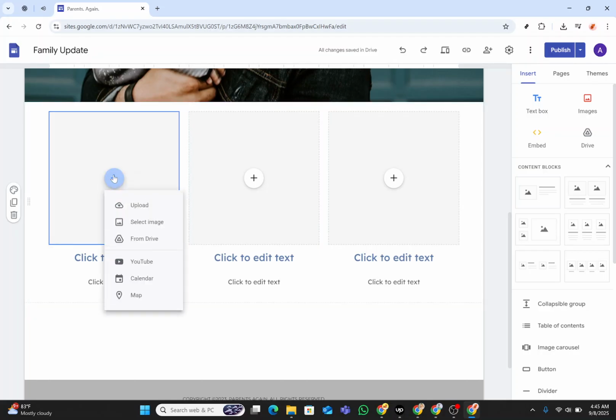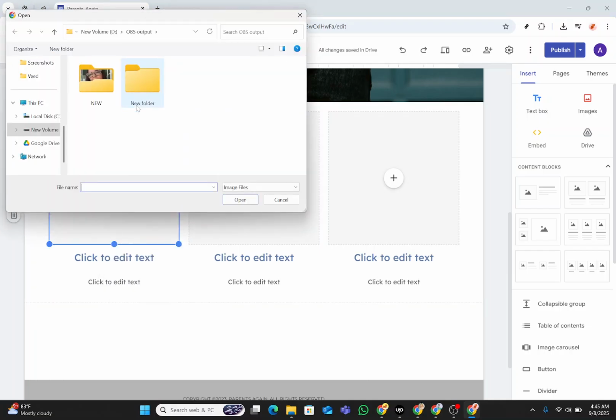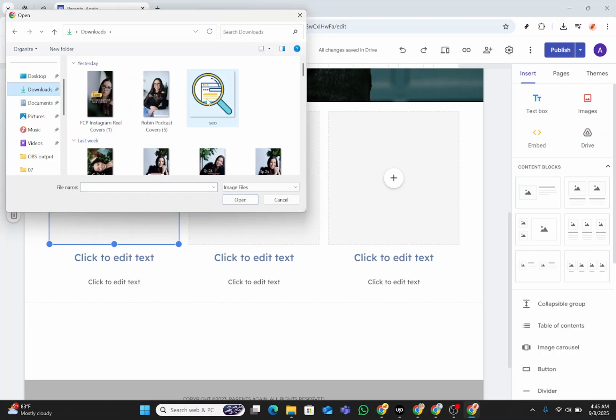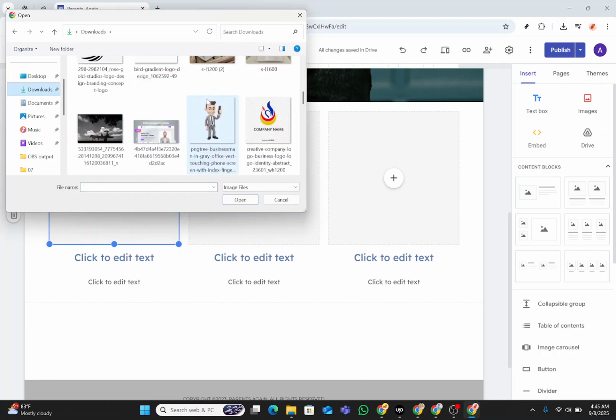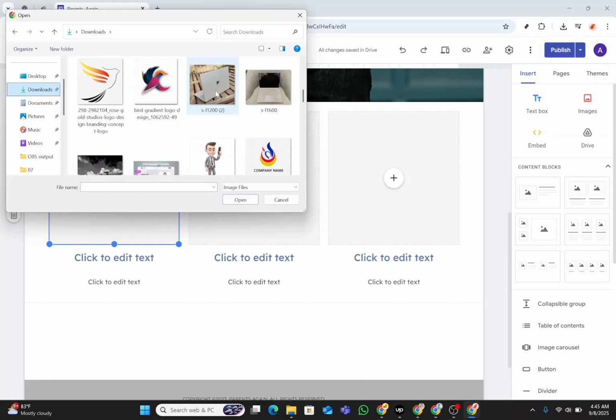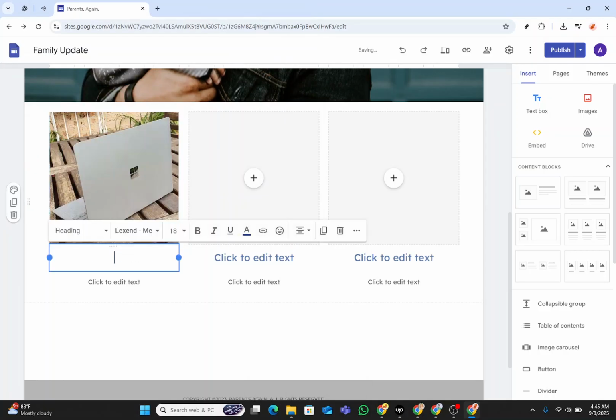Now in each column, you can upload images of your products by clicking on the image placeholders. Once you've uploaded the product images, take the time to add text fields below these images. This is where you'll input important details, like the product name, price, and a short description. Be sure to make your descriptions concise yet informative, as this information will help potential buyers understand what each product